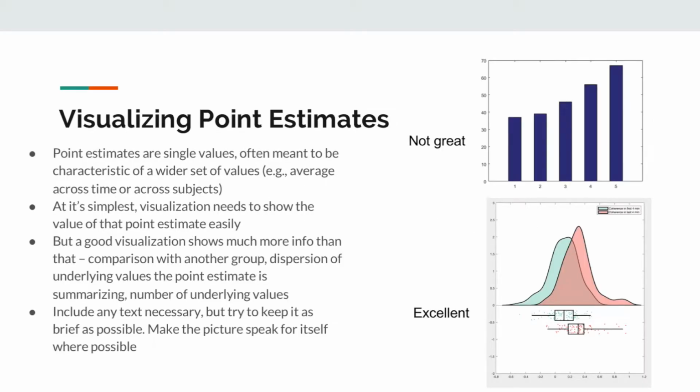Visualizing point estimates will be the most simple thing that you can visualize. Point estimates are single values, often meant to be characteristic of a wider set of values, such as an average across time, an average across subjects. And at its simplest, visualizing this needs to show the value of that point estimate pretty easily. But a good visualization shows much more info than just that. It would be a comparison with another group, dispersion of underlying values that point estimate is summarizing, or the number